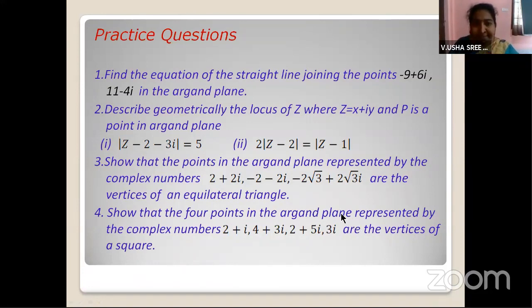Meanwhile, shall I discuss these practice questions, madam? Yes, madam. Please go ahead. Yes. Now, the third and fourth questions, children, in the practice questions part, you can clearly see that in the third question, the 3 points, he is asking you to check whether they represent an equilateral triangle. Okay. So